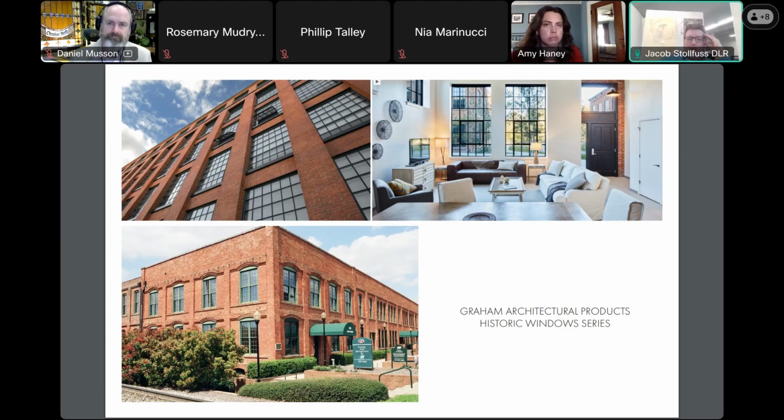And with the windows, I'll also add that we've been working thus far with Jameson Ricca locally, who would be using these Graham extrusions. We've gone through and looked at the historic documents from the 1912 actual construction documents to try and find extrusion profiles that most closely match the original.